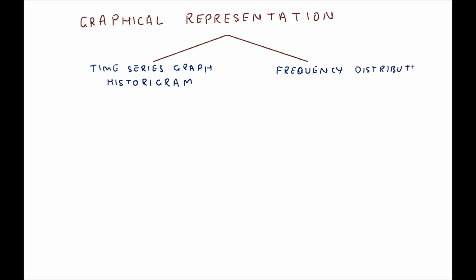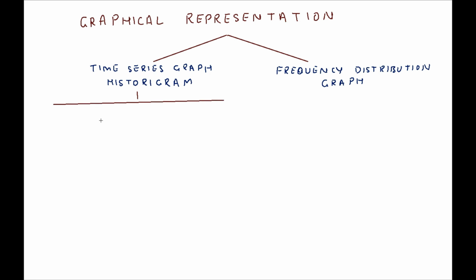Now what are time series graph? In time series graph, time is a common variable, and as an independent variable it is always represented on x-axis, and dependent variable or variables are represented on the y-axis. In time series graph, they are also referred to as histograms, not histograms but historigrams. Why so? Because they represent the history of a variable or variables graphically.